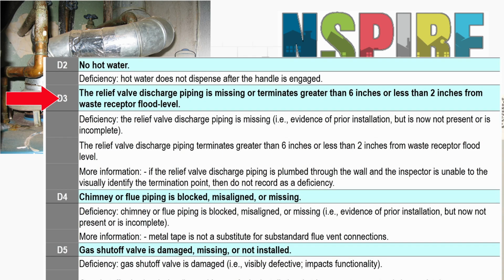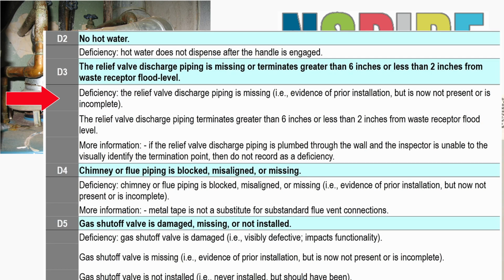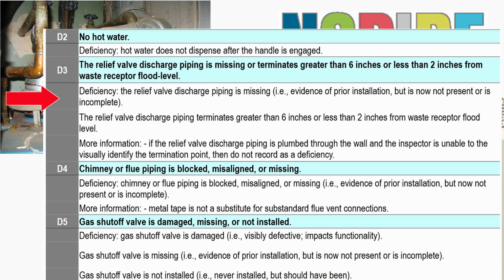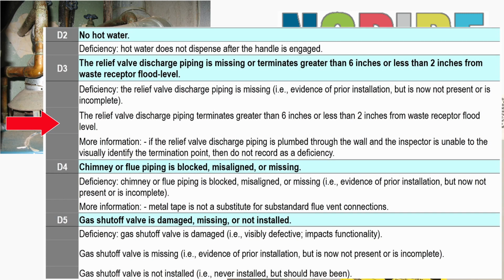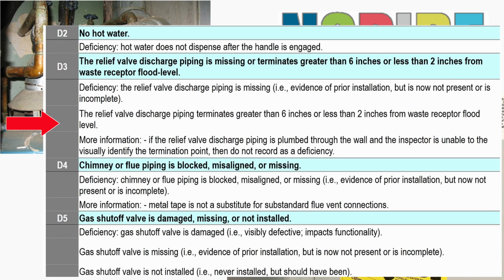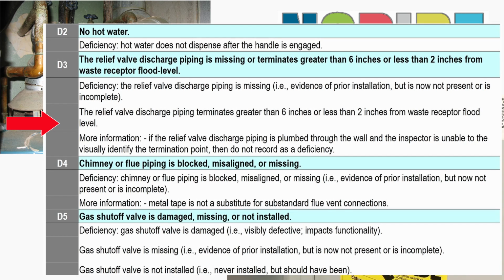Deficiency 3, the relief valve discharge piping is missing or terminates greater than 6 inches or less than 2 inches from the waste receptor flood level. Deficiency: the relief valve discharge piping is missing, i.e. there's evidence of prior installation, but it's now not present or is incomplete. The relief valve discharge piping terminates greater than 6 inches or less than 2 inches from the waste receptor flood